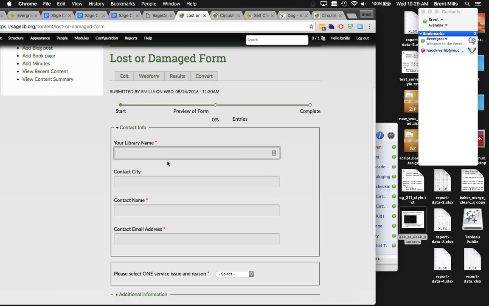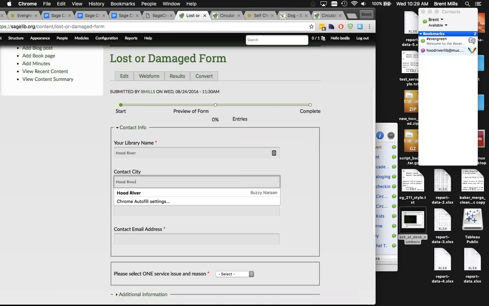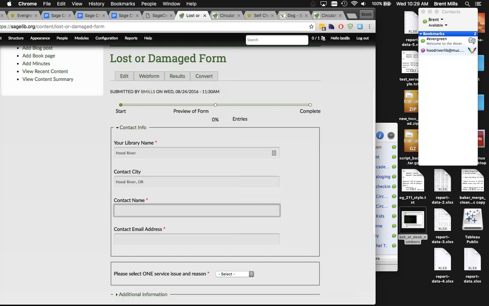You are the person sending this to the library for remittance, or for payment. So for instance, I'd put in Hood River, Oregon, the contact name, contact email,